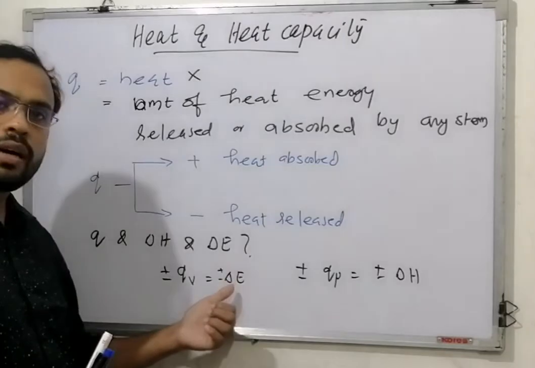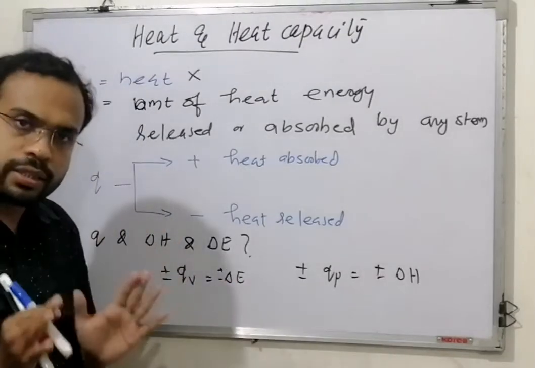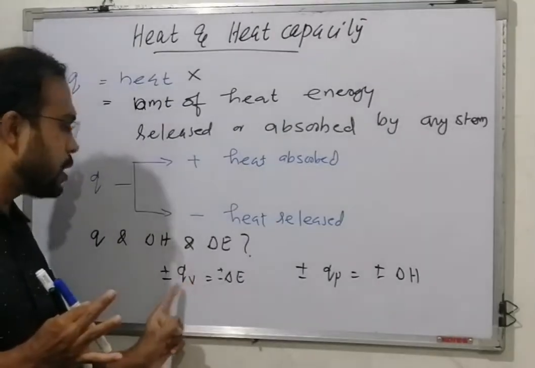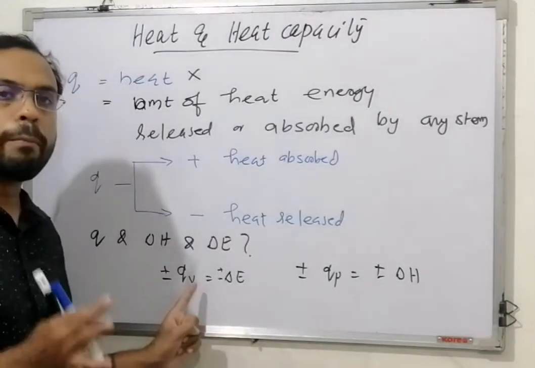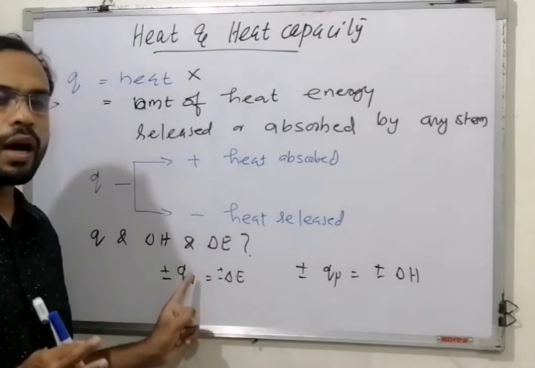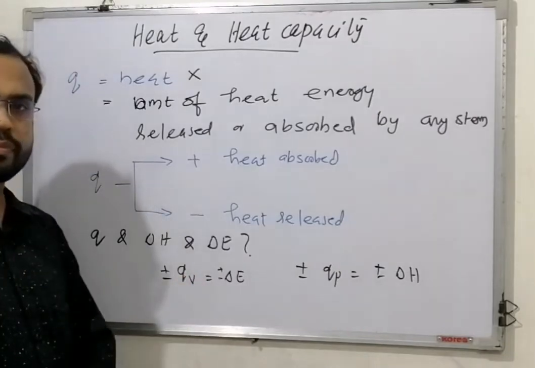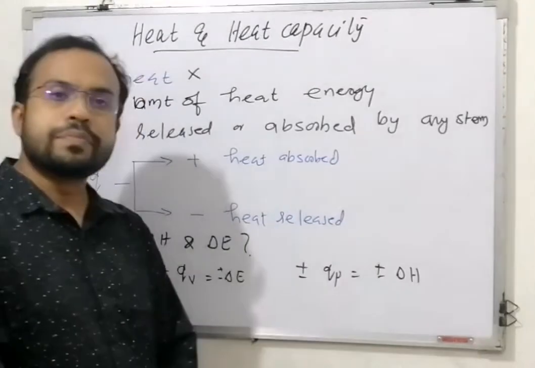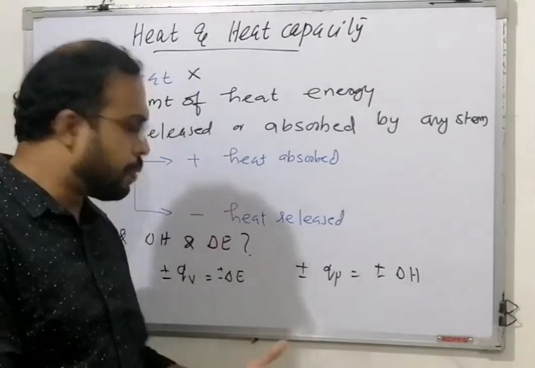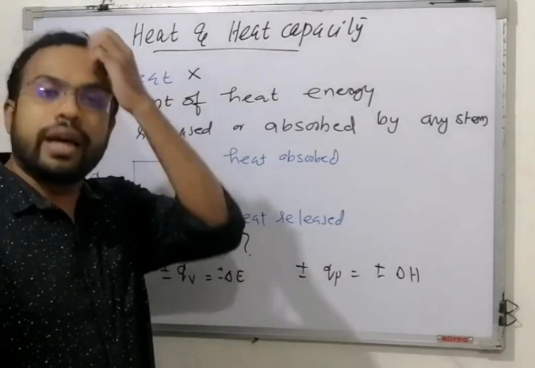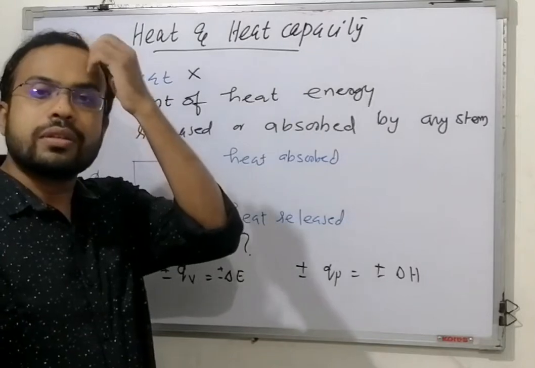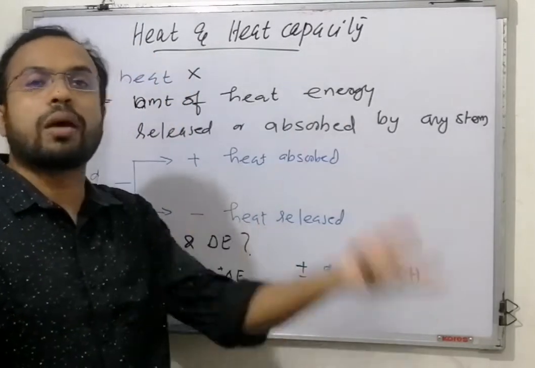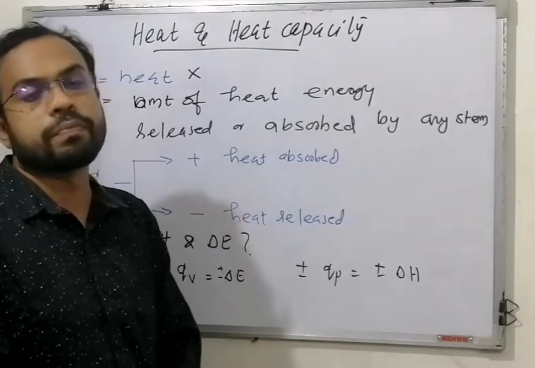Delta E is nothing but the heat released or absorbed by a system at constant volume. QP, that is delta H, the enthalpy change, is the heat released or absorbed by a system